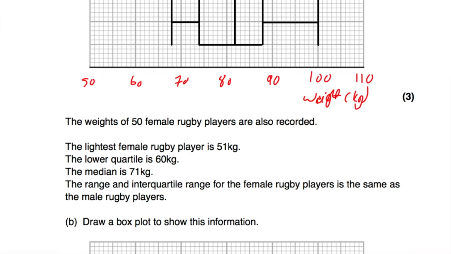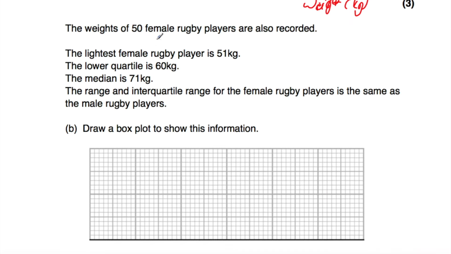And then if we go on down. Okay, so then we're told the weights of 50 female rugby players are also recorded. We've got the lightest weight, the lower quartile, this is great, the median, that's great. And then we've got some more information here. It would be great if it just told us the upper quartile and the heaviest weight, then we could just draw them all. But we're going to need to actually work these out,